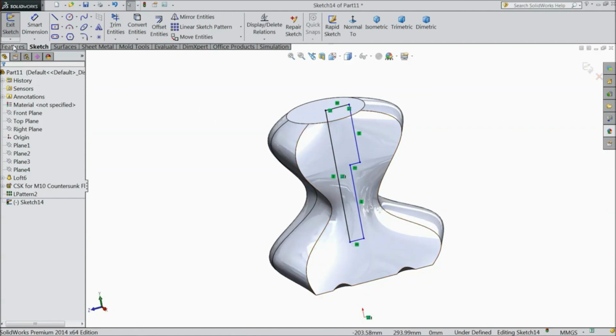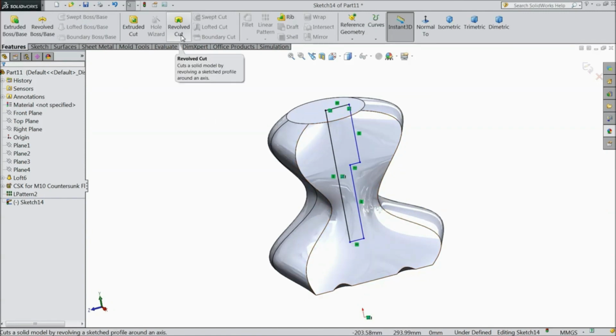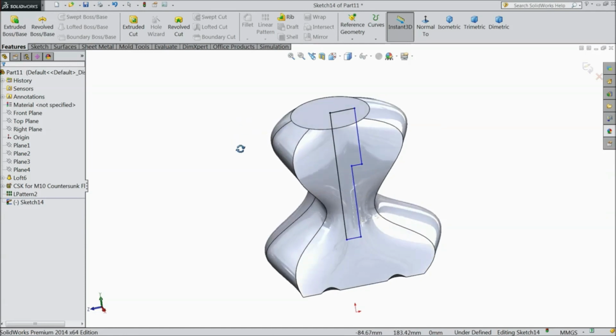The main function of revolved cut is just to remove the material from inside the body. It works the same as revolve boss/base, but it removes the material, and revolve adds the material. Now see, this is the structure. So just select